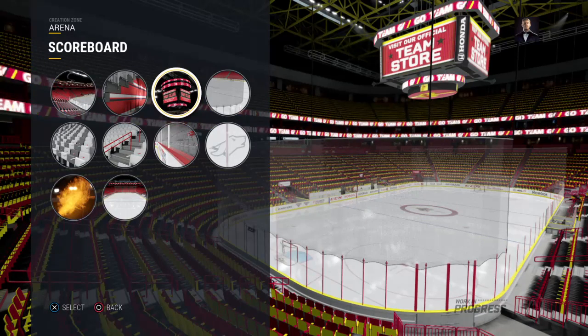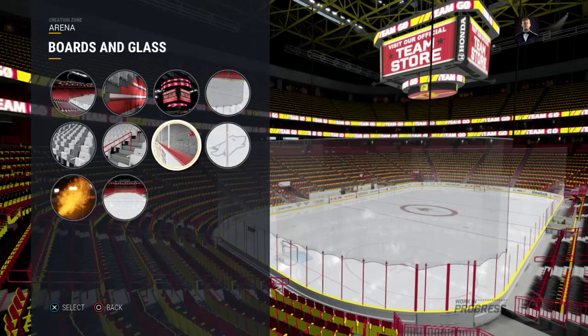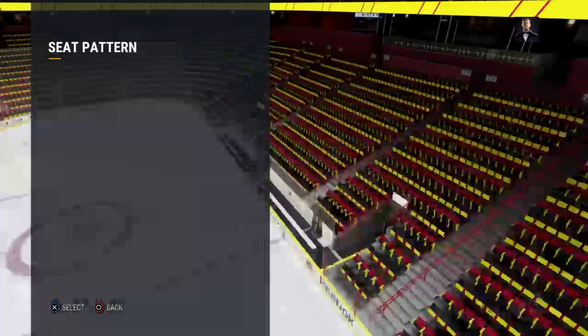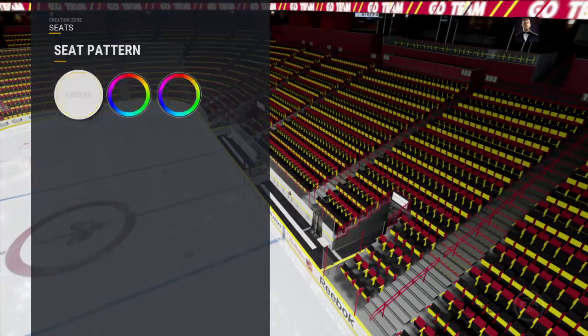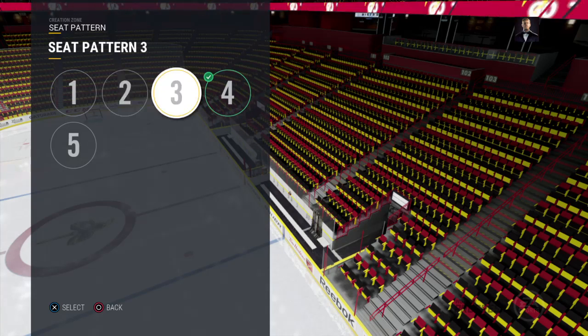You can pick a different scoreboard if you want to, change the netting color between black and white. Then you can edit the colors of the seats, and there's also different patterns that you can pick. Not a whole lot of them, but the only thing I don't like is you actually have to select a